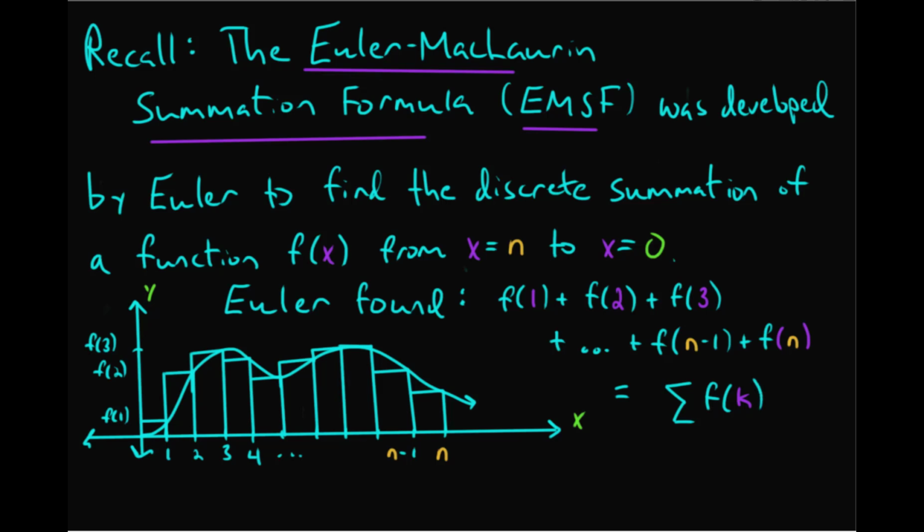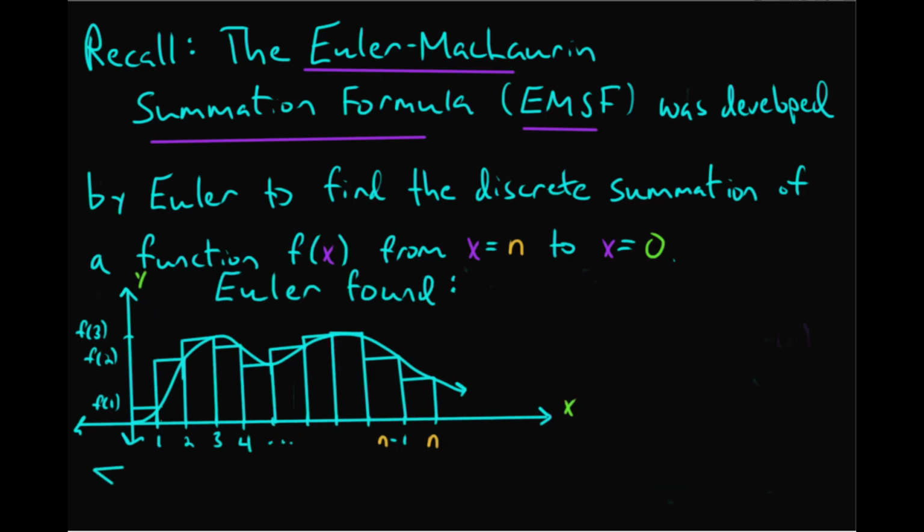equals 1 to n, and Euler found that this summation depends on our choice of n. It's actually a function of n, and so he was able to derive a formula for that summation purely in terms of f of x, its integral, and its derivatives of all orders, and this summation formula is intimately connected